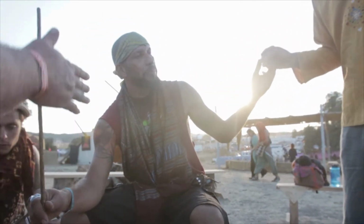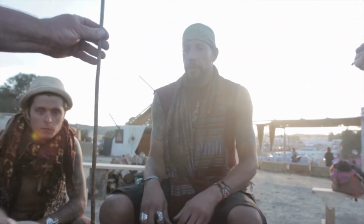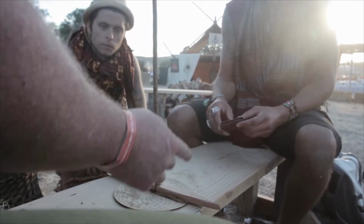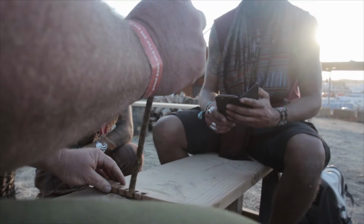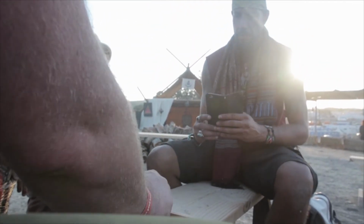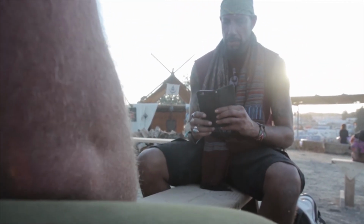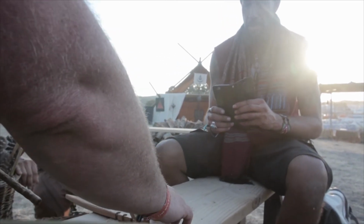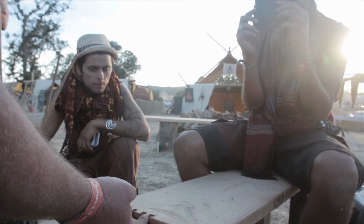So we're gonna spin the male energy, the female energy, the hardboard. We're gonna spin the male energy, and what's gonna happen is there's gonna be a whole bunch of dry dust that's gonna fall right down on top of this little piece of wood I put in there. And as the dust builds up,